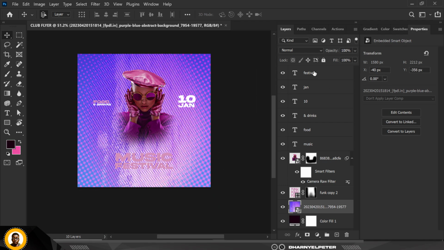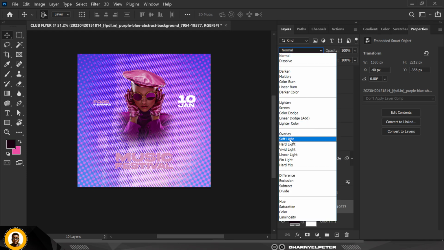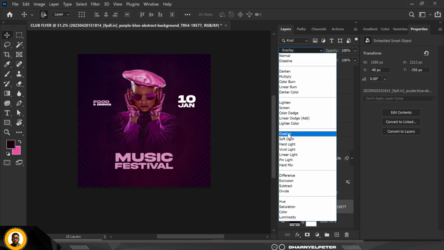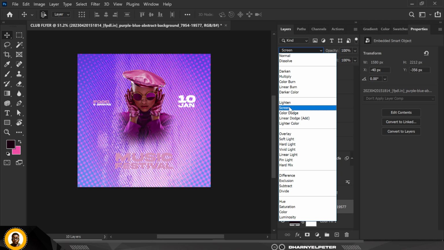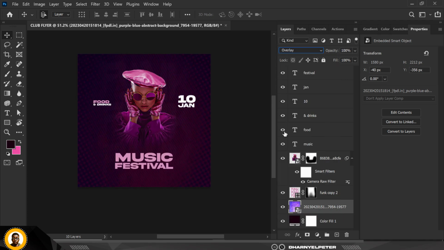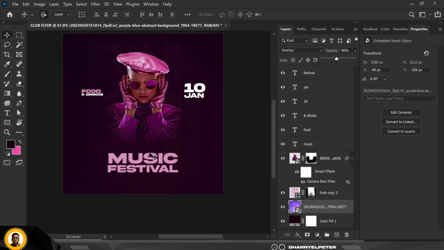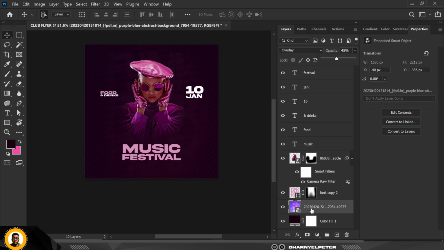So what you should do at this point is change the blend mode to overlay, right? You can do extra when you're doing something else, and this is just a nice background to use, right? So I'm going to change this to overlay, and I'm just going to reduce the effect like this, right? So 45, and I think this is nice enough,